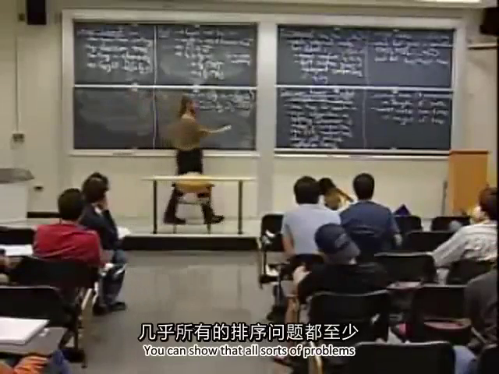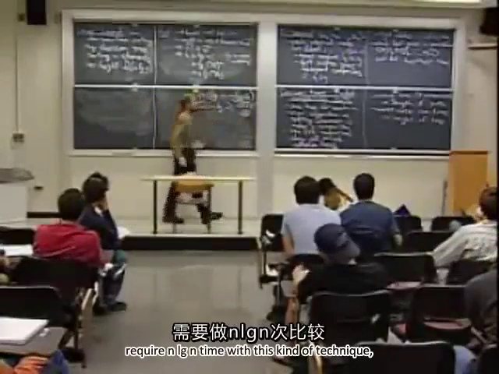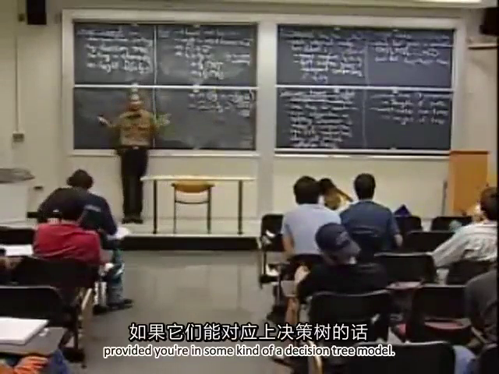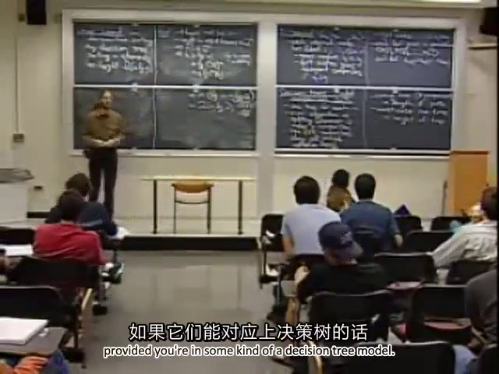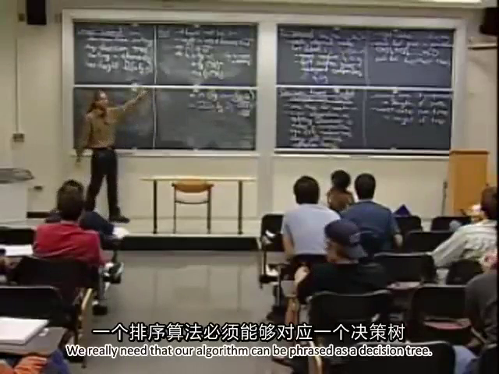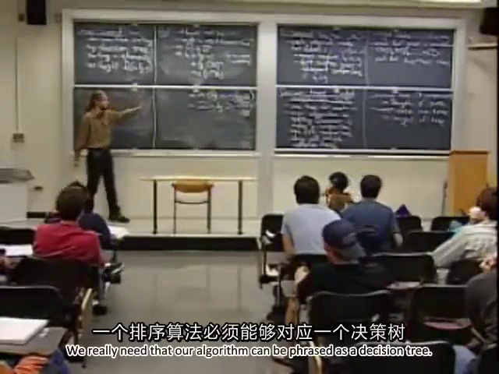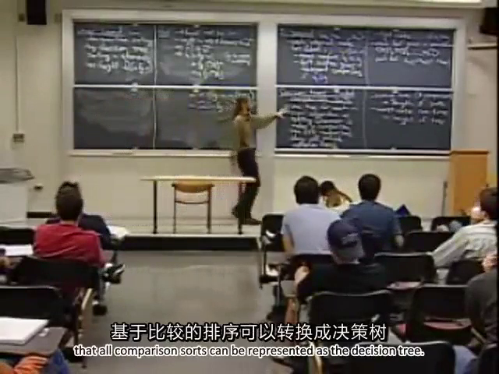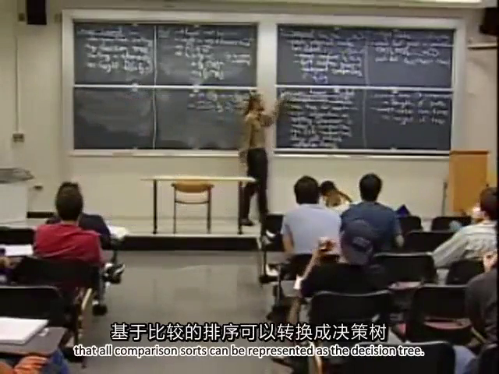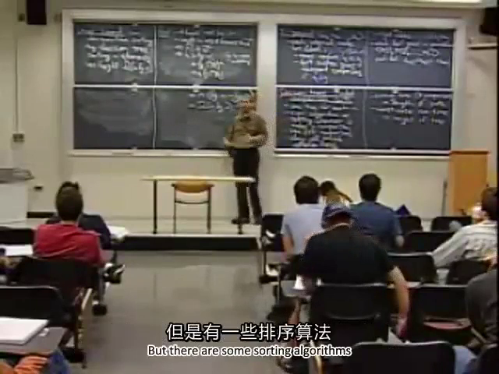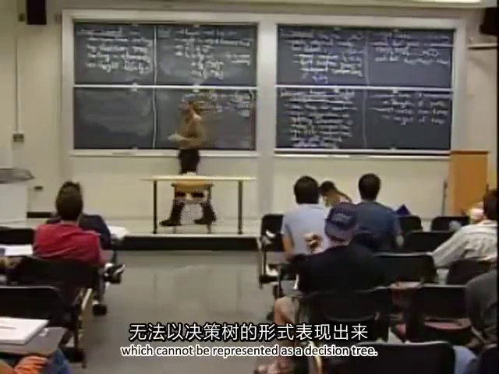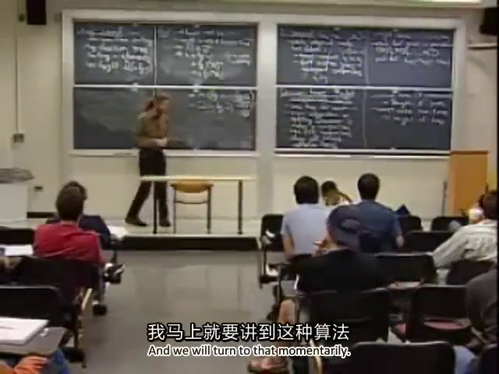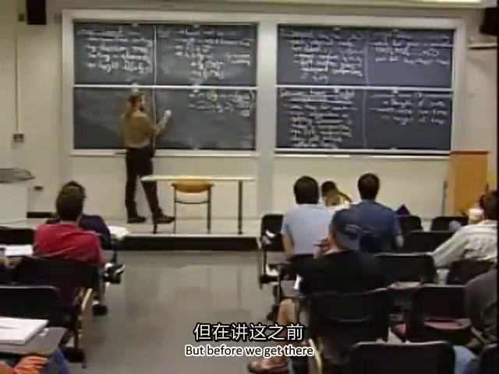You can show that all sorts of problems require n log n time with this kind of technique, provided you're in some kind of decision tree model. That's important. We really need that our algorithm can be phrased as a decision tree. And in particular, we know from this transformation that all comparison sorts can be represented as a decision tree. But there are some sorting algorithms which cannot be represented as a decision tree, and we will turn to that momentarily. But before we get there,